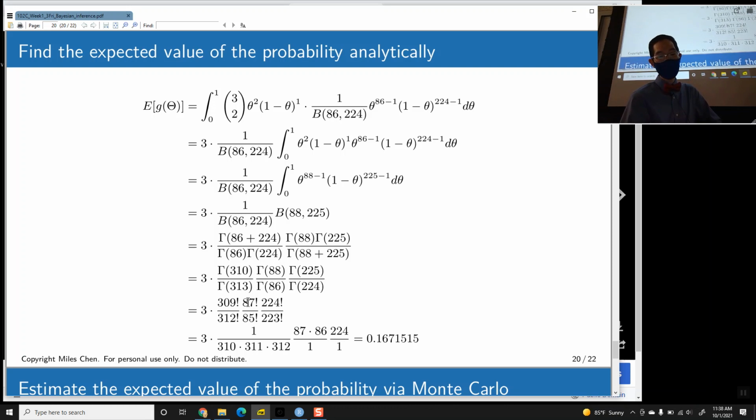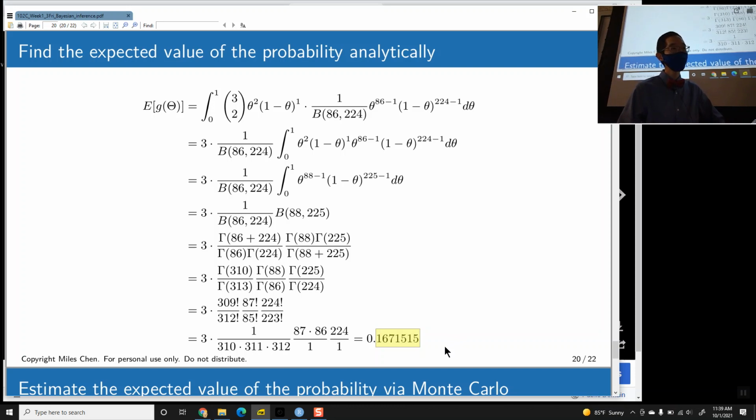This is 309 factorial, this is 87 factorial, this is 224 factorial. This down here, gamma 313 is 312 factorial, gamma 86 is 85 factorial, gamma 224 is 223 factorial. And so there's a whole bunch of canceling out of terms. And you get this, 3 times 1 over 310, 311, 312, 87, 86, 224. You multiply that out, and this is the analytic answer,